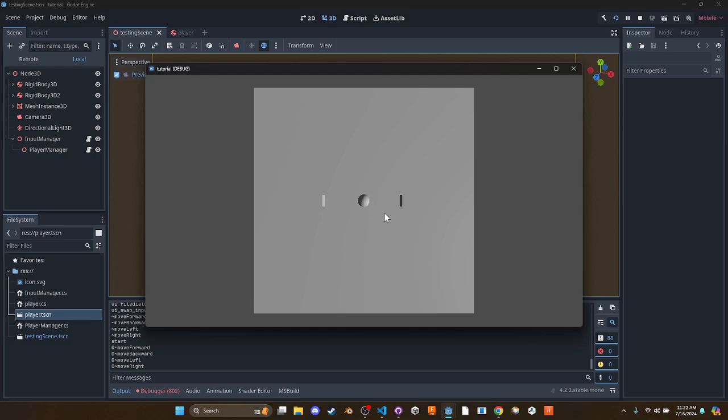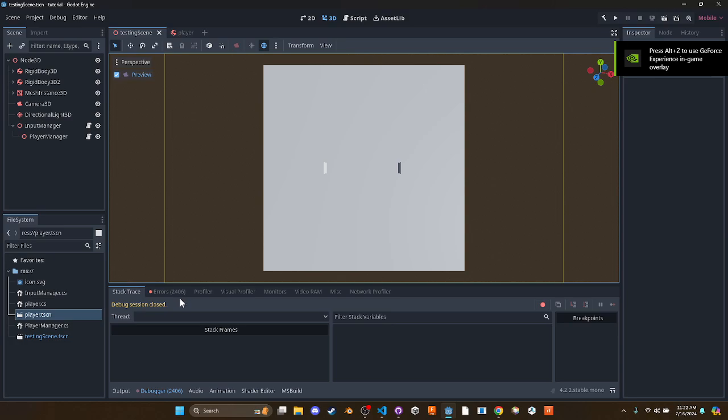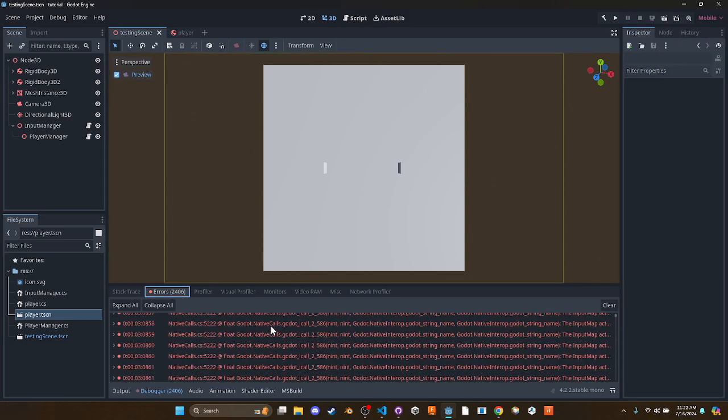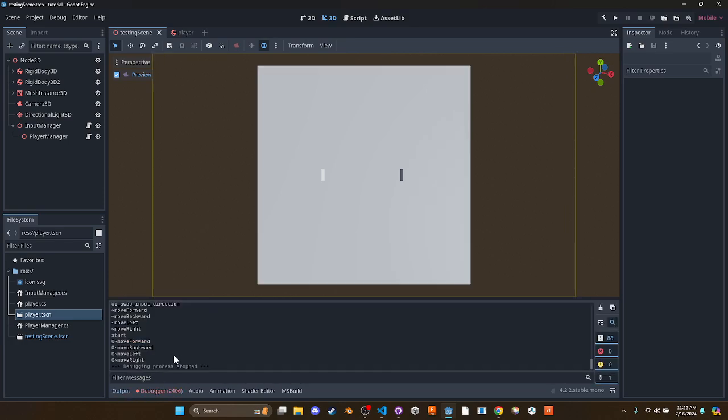Enter. I didn't change any of the player code, so this should be fine. Although we aren't moving. Oh, we aren't moving because I changed the names of the actions. Yes. We'll fix that in a little bit. That's part of the process. You're going to have to break some stuff to make new things. Anyway,